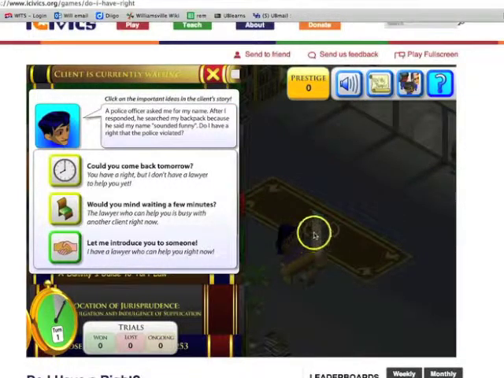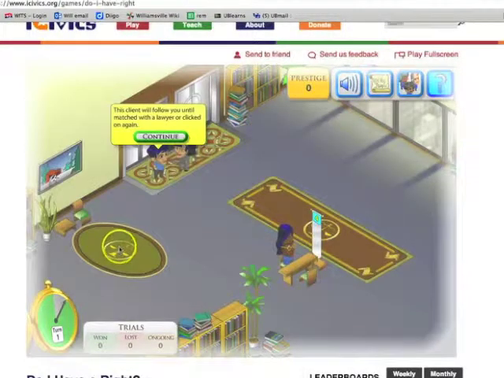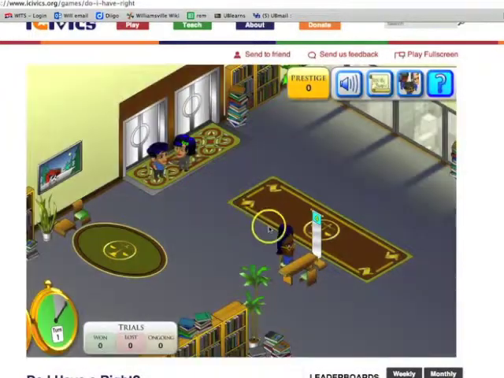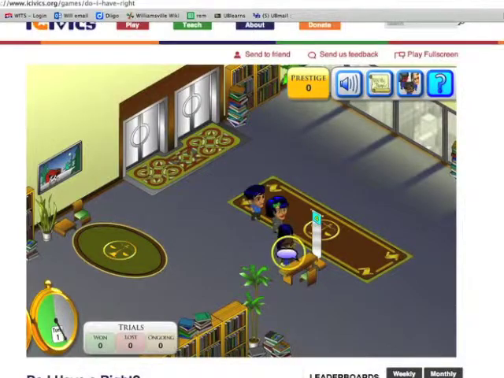So depending on what amendment my lawyer is expert on, let's say this does match the amendment that my lawyer is an expert on. I'll say, let me introduce you to someone, and then I bring them over to that. Now, if I'm wrong, this won't work out well for me.